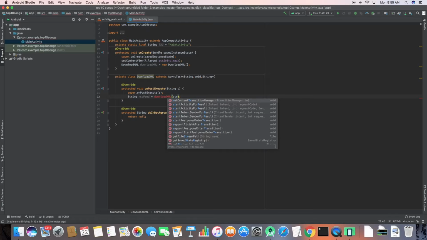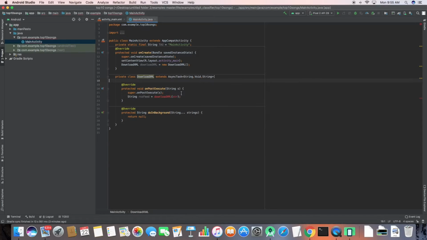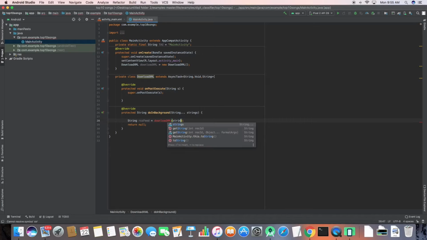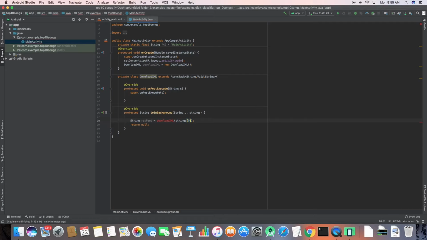What was I thinking? It doesn't make sense. Like on post execute doesn't cut it. We need to be downloading it. While we are downloading it, we need the URL to be checked. So what was I thinking? Sorry. So what we need is the same thing here, and let's pass our string, which will be a URL, and pass the first string, and